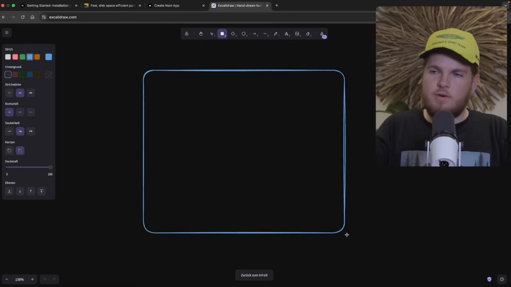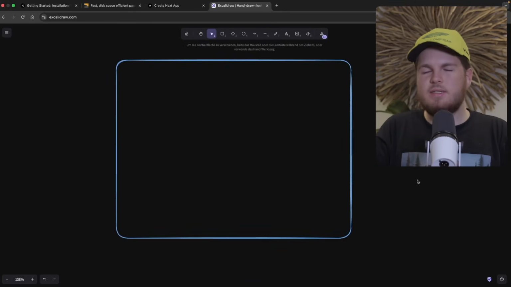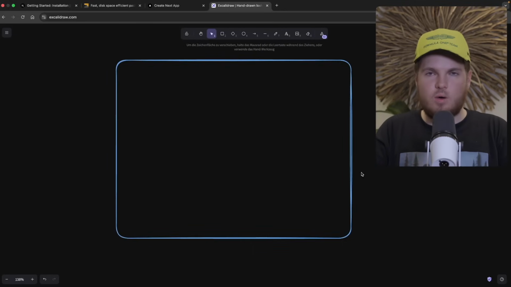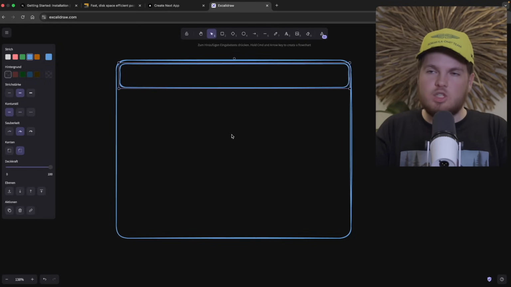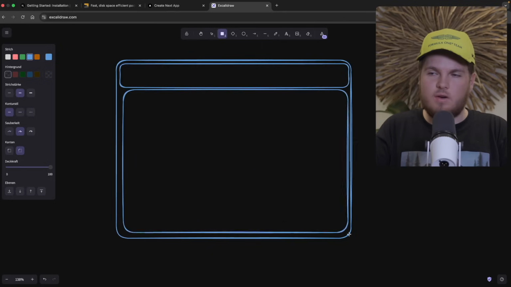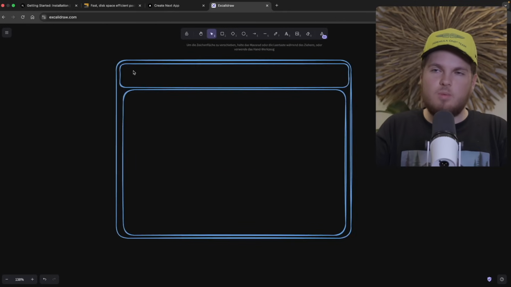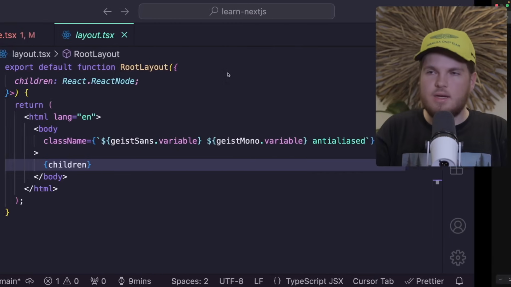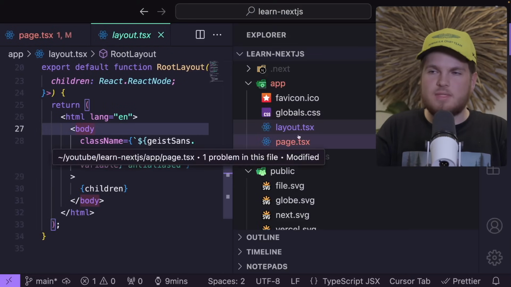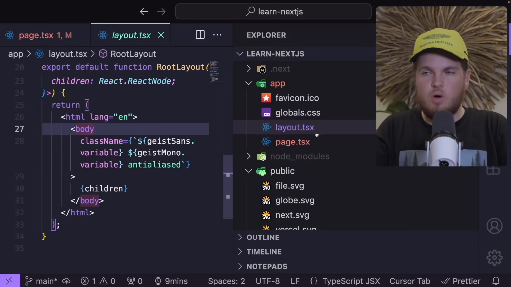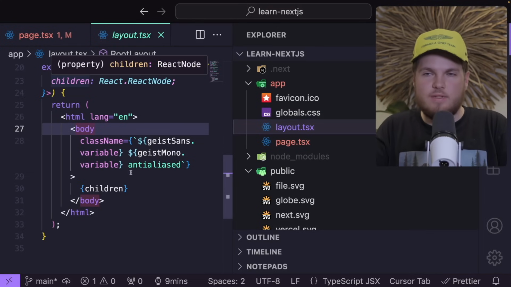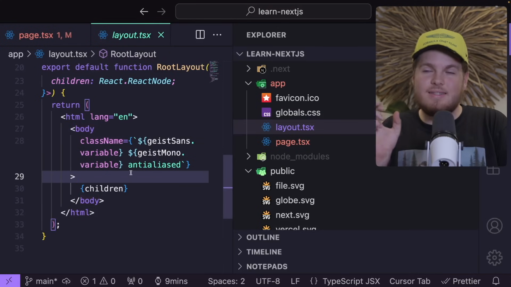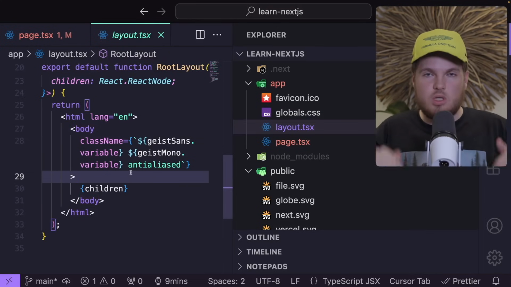So let's imagine the following. This is our screen, right? And as mentioned, we have a layout. A layout, for example, could be a nav bar, and then the children would be rendered inside of here. Now this layout will be persisted on all routes. This means if I would create more routes like hello or dashboard or something like that, then this layout would be persisted on all of these routes,